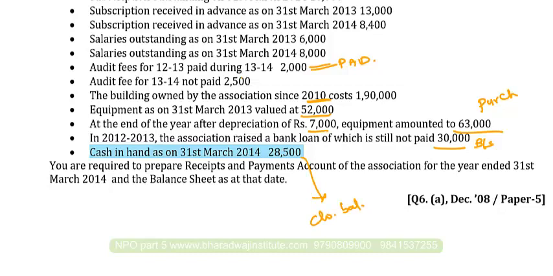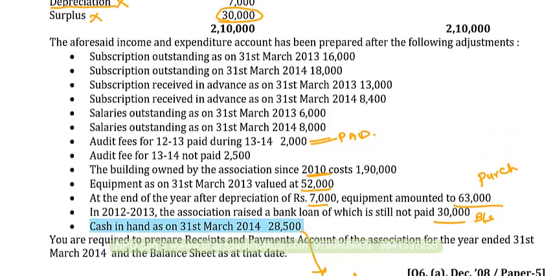So when you prepare the receipts and payments account, which one will you get as a balancing figure? Is it possible to do the balance sheet first? No. For preparing the balance sheet at the beginning of the year, we want which balance? Opening cash balance. So first we have to finish the receipts and payments account. Only then can we find out the opening balance. Then we can prepare the opening balance sheet. So what are the workings we have to do?